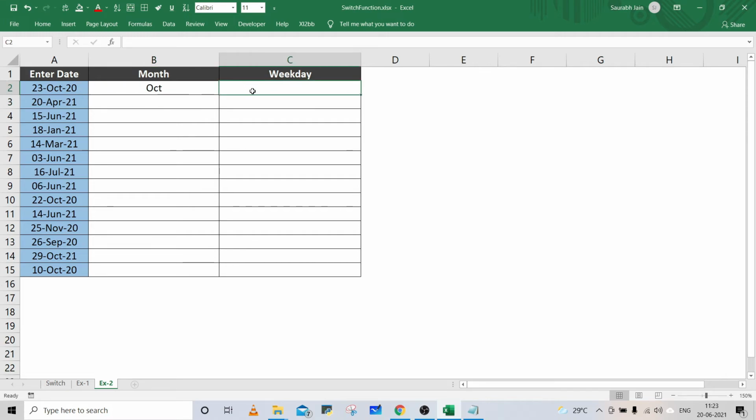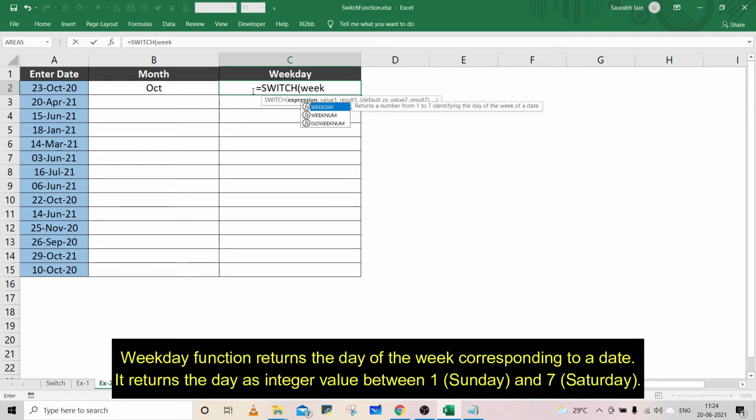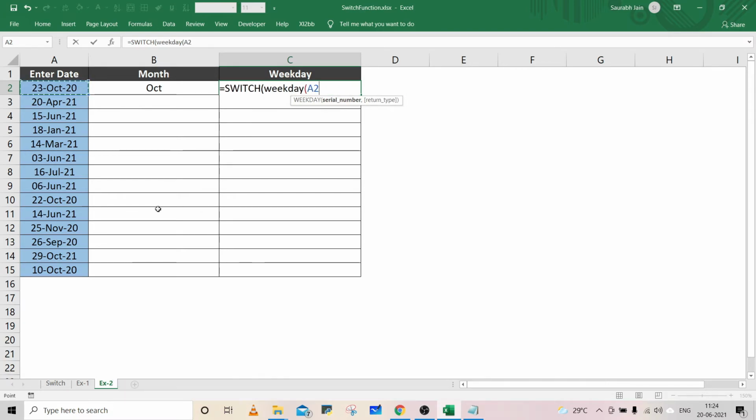Similarly, to show the weekday name, type equals to switch, open bracket. Now for the weekday number, we will use weekday function, weekday, open bracket, select the date in cell A2, closing bracket, comma. Now if the value is 1, the result will be Sunday.